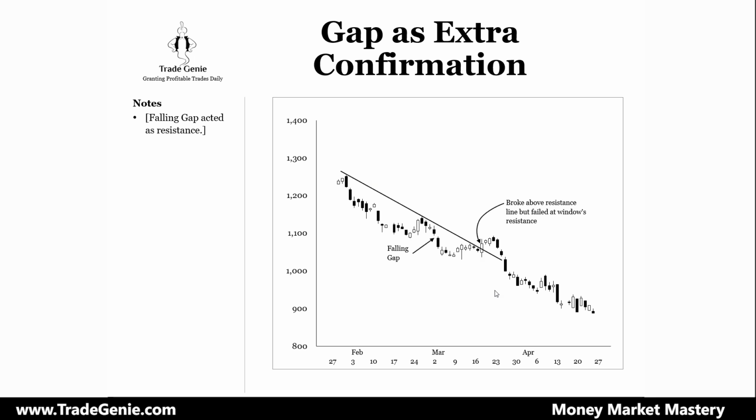Okay, the trend line broke to the upside, and I'm going to go long. If you went long, the market filled the gap right here. This is the resistance, and then the market just broke. If you went long just because the market went to the other side of the downward sloping trend line, that is not as bullish as when the market goes to the other side of an upward sloping one.